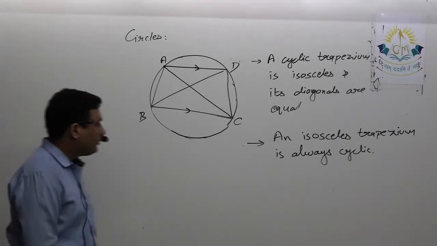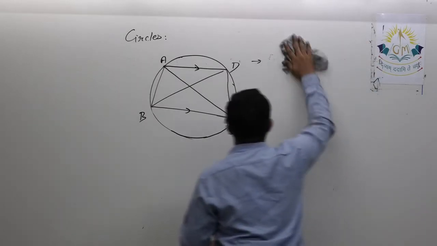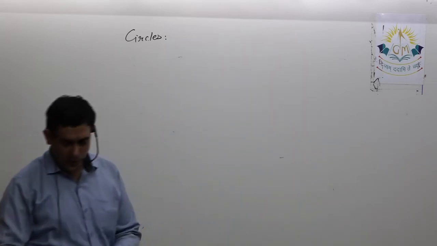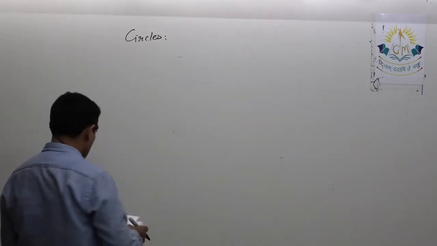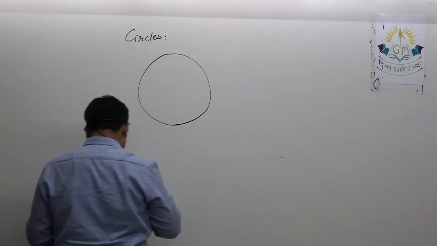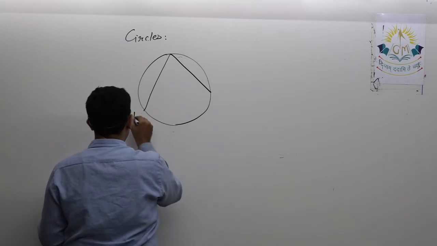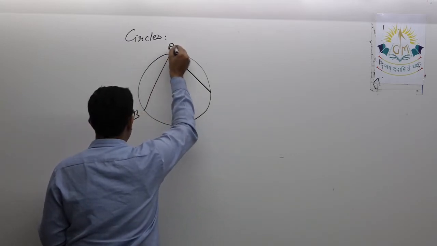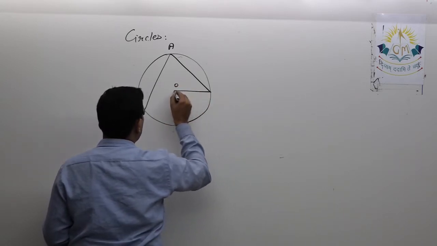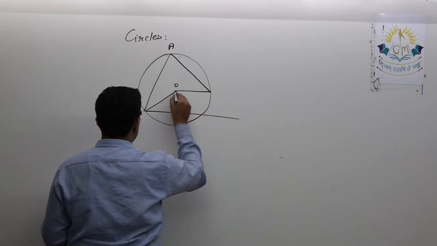Okay, so now we'll see one or two questions related to these theorems. Let us see some questions related to which type of questions might be asked in your MCQ part. So suppose it is given there is a circle. Okay, and here diagram will be given to you, and some of the angles in the diagram will also be given to you. Only thing that you have to do is apply the theorems, and you have to identify one of the unknown angles.